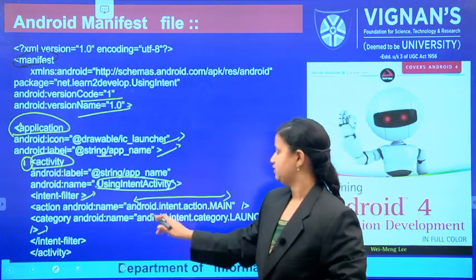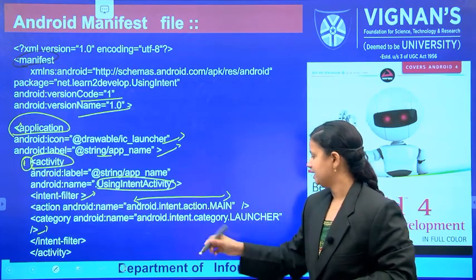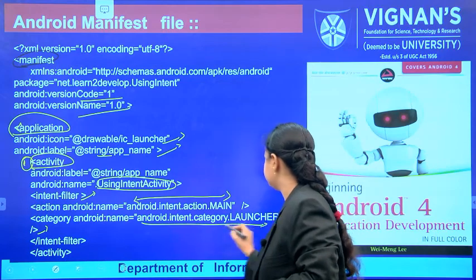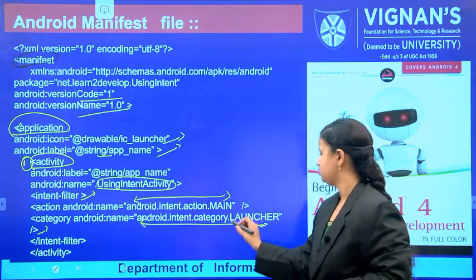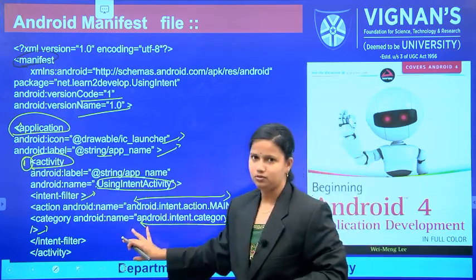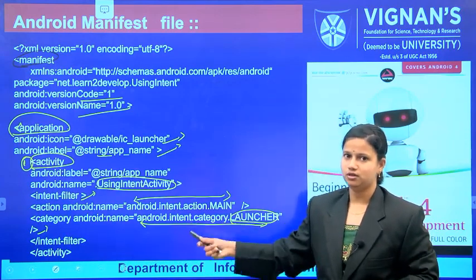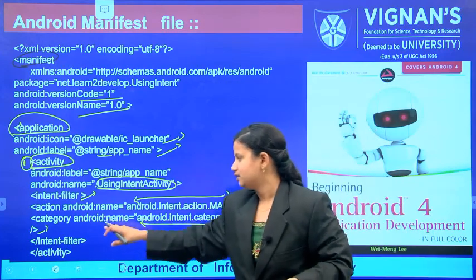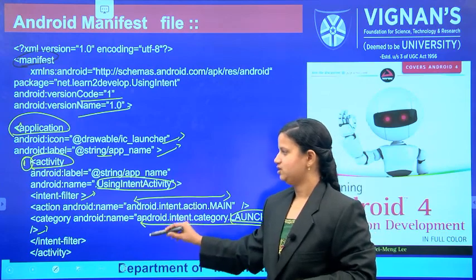So, that is this android.intent.action.MAIN, and in the category we have to specify the first thing. In the category, when you see the launcher, that means at the time of launching this activity will be opened. This is the default activity you have to open, that is why we specify it in the category, that means we specify the name of your activity. So, this is an intent filter.